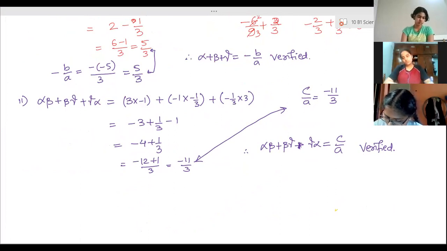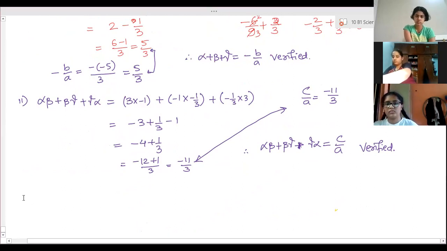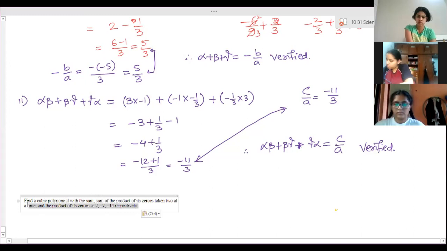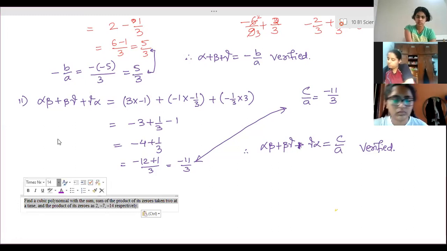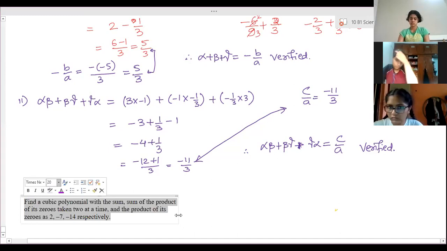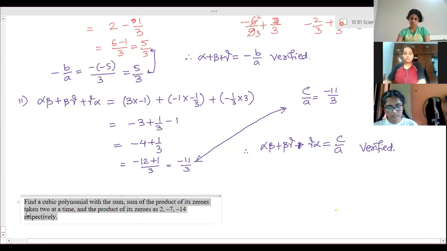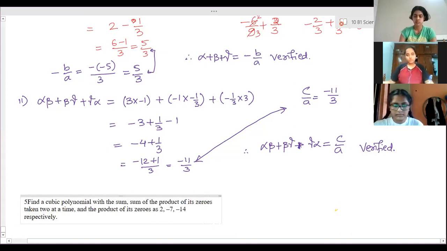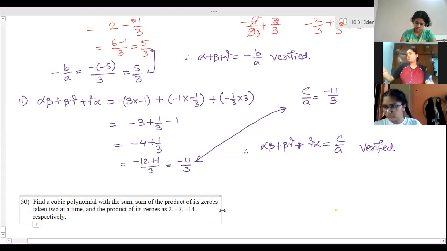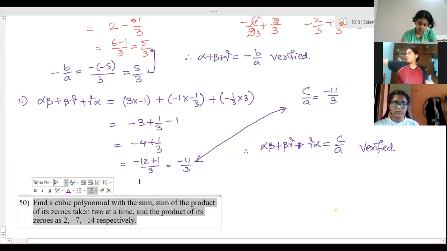Now the third question. You can solve the second one. 49th you can solve. Is it homework? Yes. Similar one, exactly the same. So all questions are this lengthy? Yes. More lengthy ones are there. Few more questions are there. Completed everyone? Yes, ma'am. This is the 50th question. Everyone understood? Yes, ma'am.